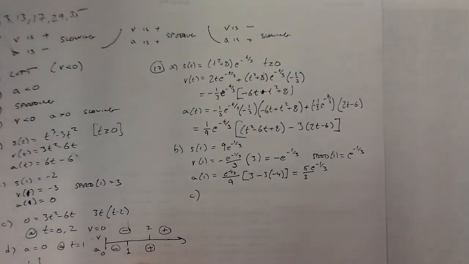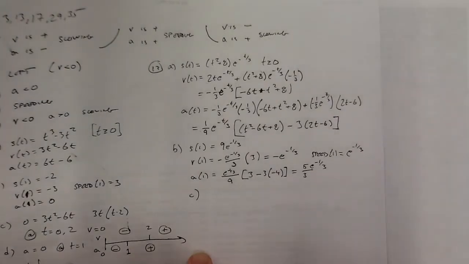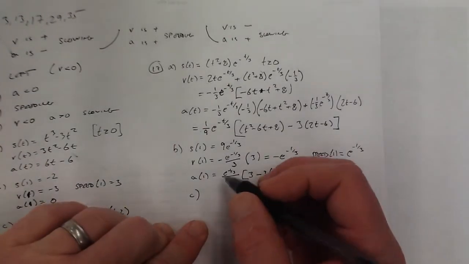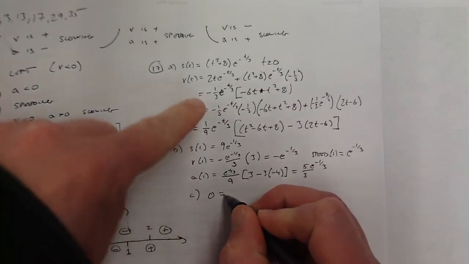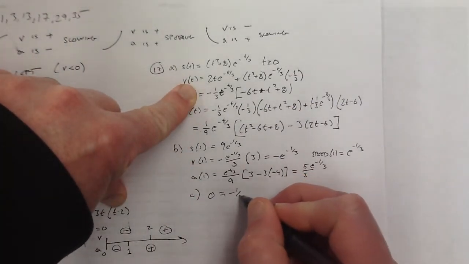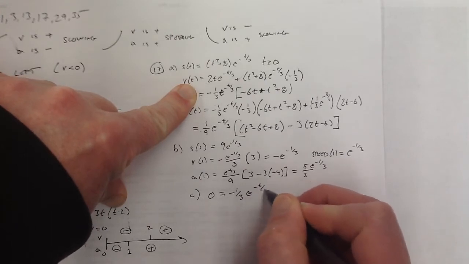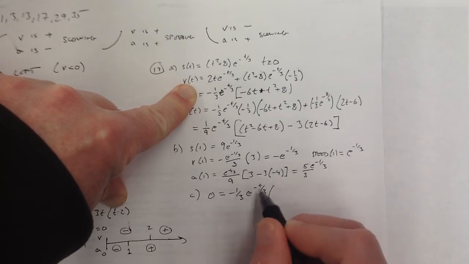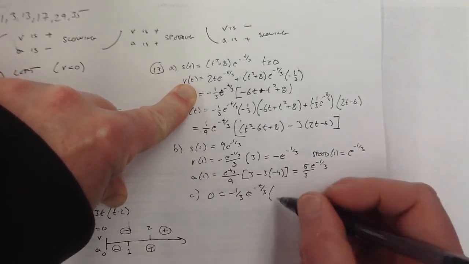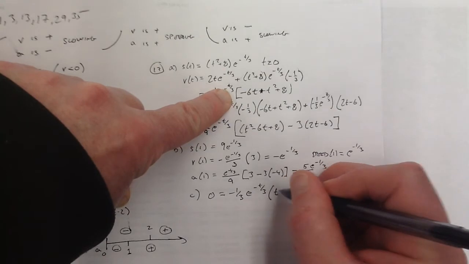Let me check the answers that we have so far to make sure that we are okay. I think that we are. Looks good. Part C, we want to know when the particle is stopped. So that's when the velocity is equal to 0. So take the velocity and set it equal to 0. Well, this whole first little bit here, that's just a number. That can't be equal to 0. This, e to the something, that cannot be equal to 0. So the only part that matters